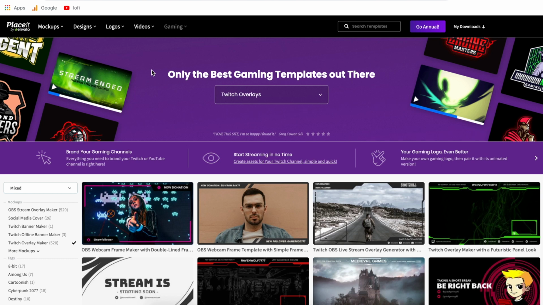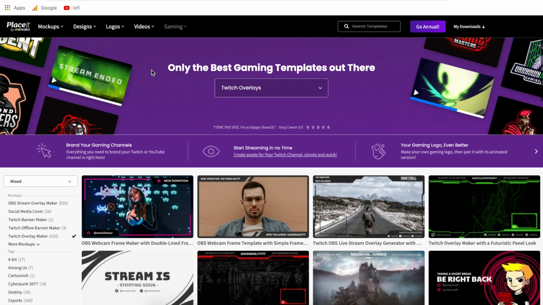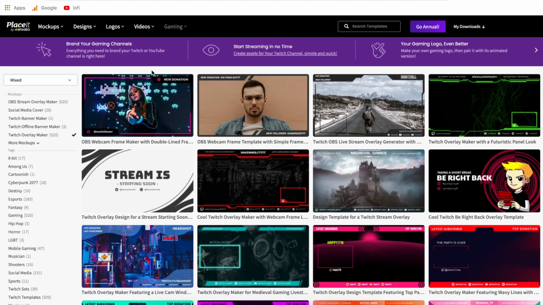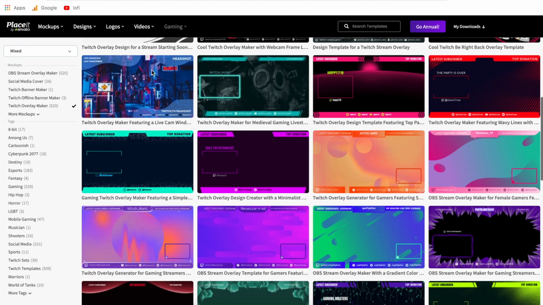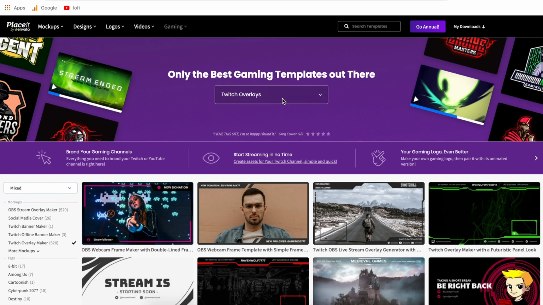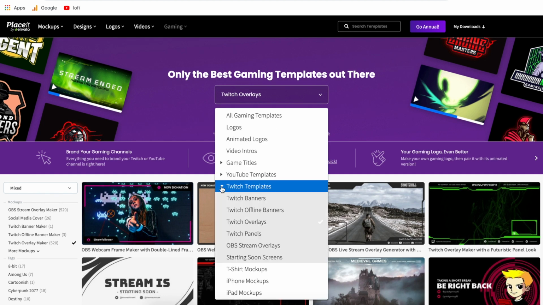In today's video, I'm going to show you step by step how to create a Twitch overlay. Now in this video, I'll show you how to create Twitch overlays just like the ones you see here. I'm going to show you completely free options, and then further, I'm going to show you how to create other graphics that you may be needing for Twitch. So without further ado, let's go ahead and get started.